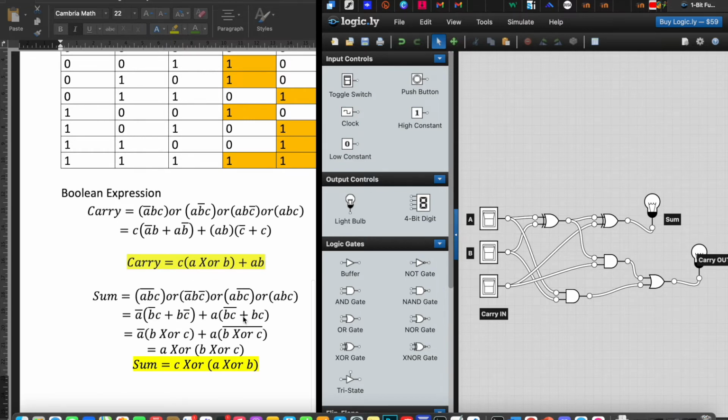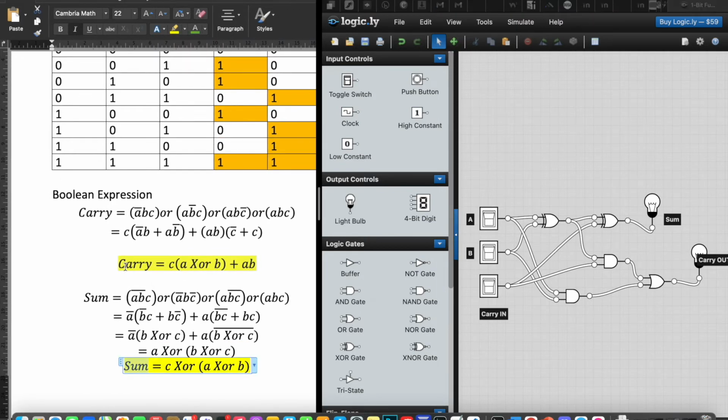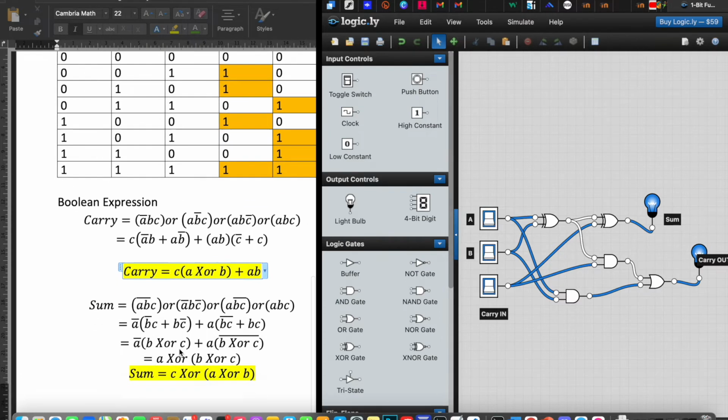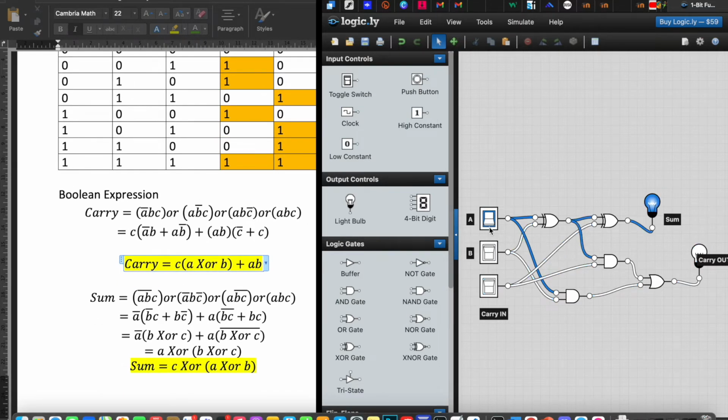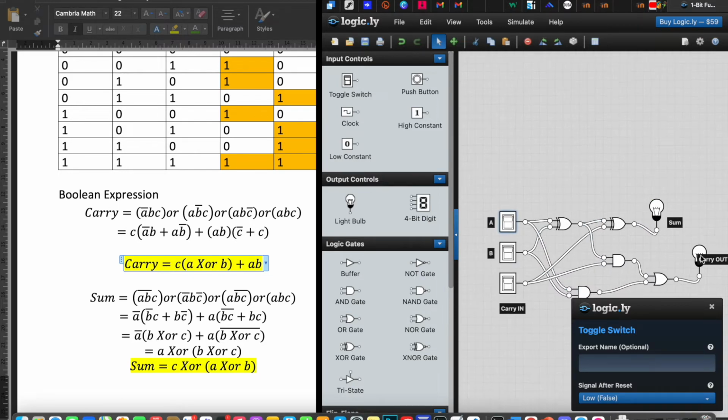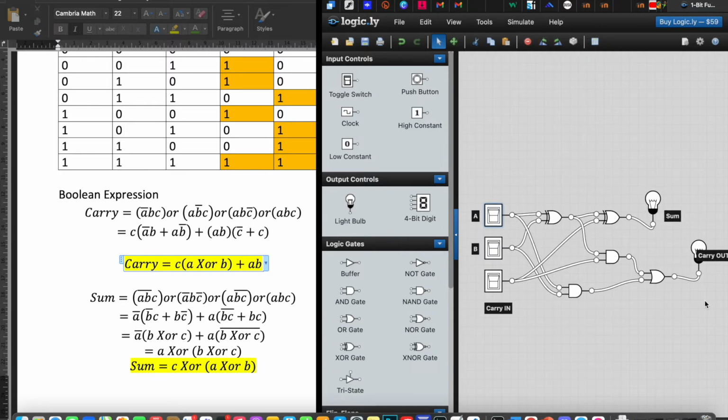So this is our carry. Let's start with carry first. Here are our inputs: A, B, and our carry input, which we can assume is C for now. So A, B, and C, and this is our sum, and this is our carry output right here. I hope you can see it. It's pretty small, but